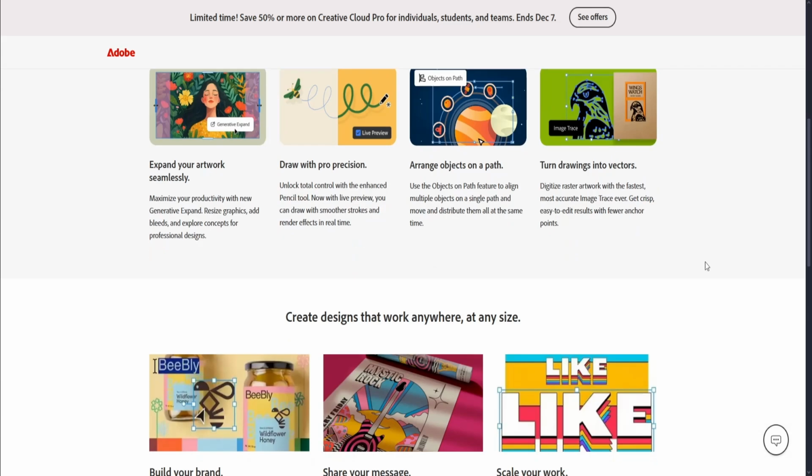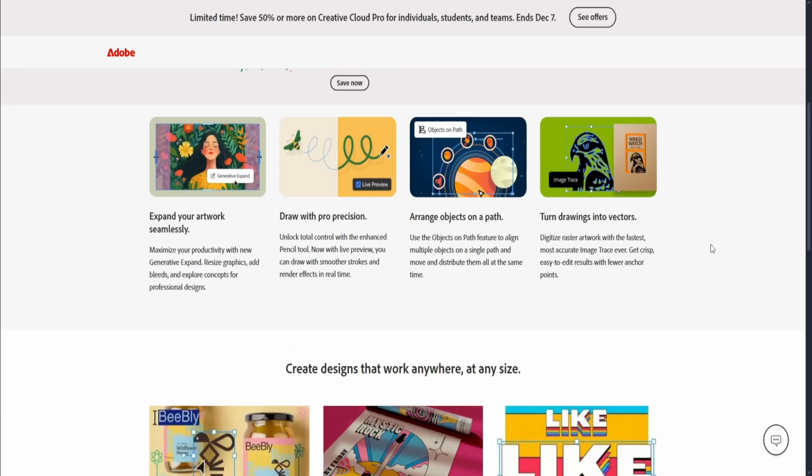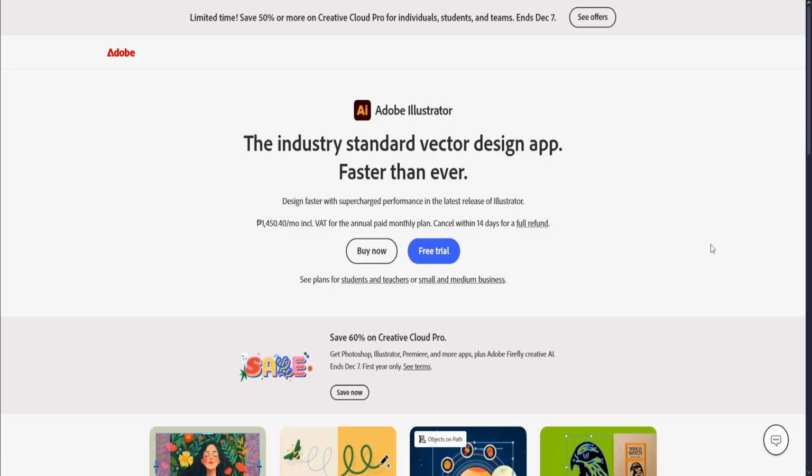The only con is that it requires a steep learning curve. Since it's an industry-standard platform, you really need to learn how to use it because it has a lot of features. There are also costs which may be expensive for you,